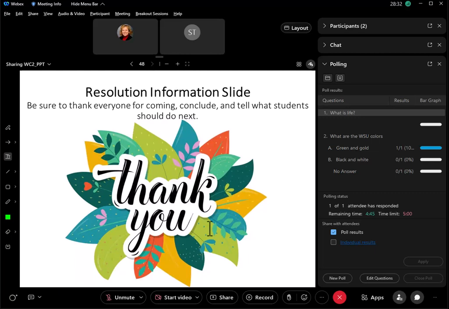You would then, when you're done, stop the recording. It takes sometimes up to 24 hours for the session to show up. Then you're going to go into the Wright State WebEx portal, get that URL and post that in your self-reflection, and that's what you do for this assignment.